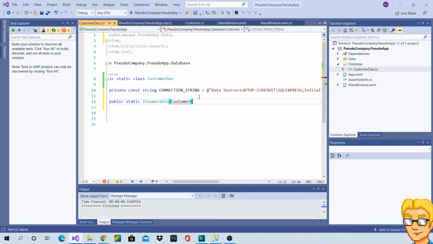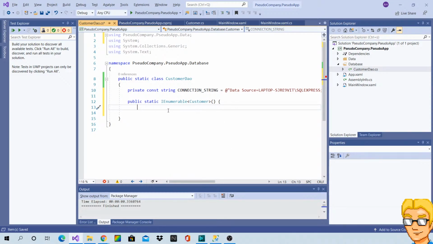There. Yeah, my laptop is kind of struggling because it has to render the video in the background. Something's not right. Wait, what? Oh, I didn't give the method a name. Get customers.